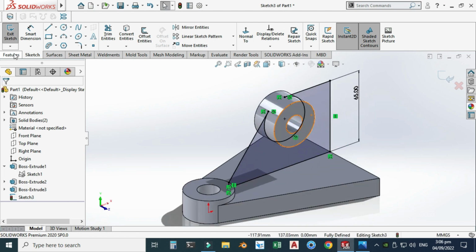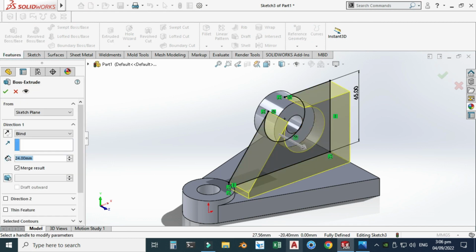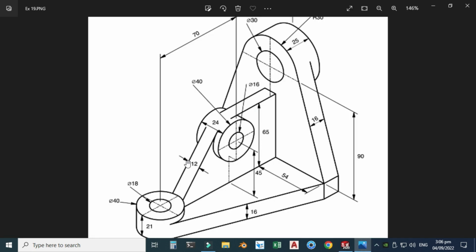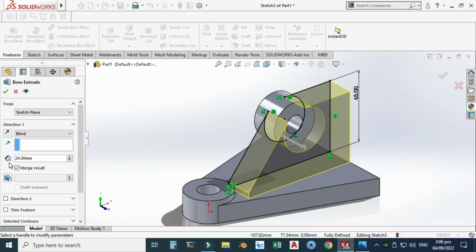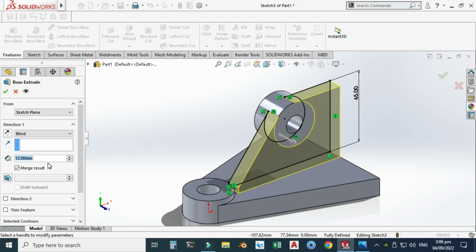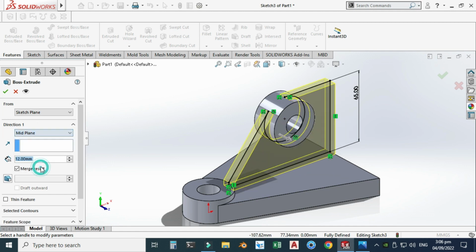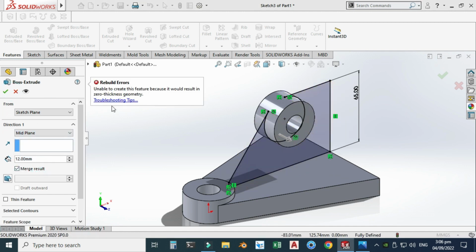Let's go to your features, extruded boss, and you can see that this extrusion is 12 millimeters from the mid plane. Okay, so let's go to here 12. Let's change this to 12 from the mid plane and select OK. And now you can see that we have